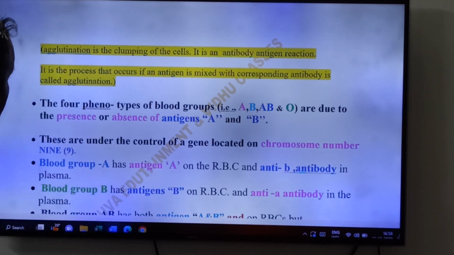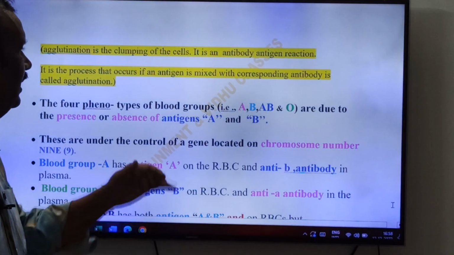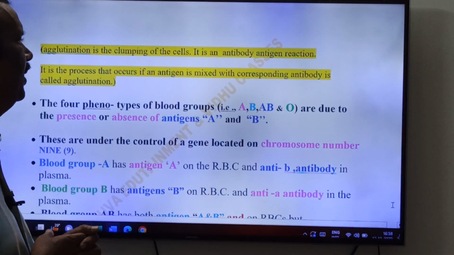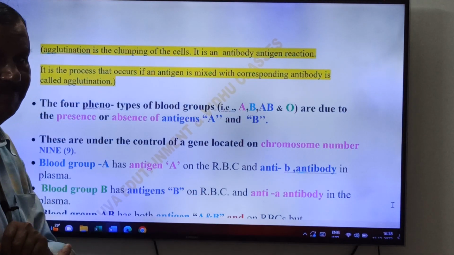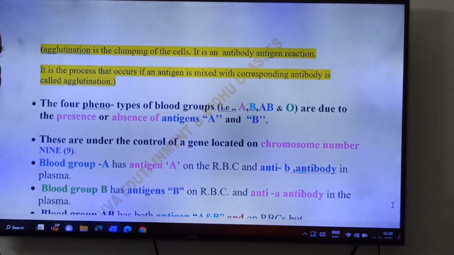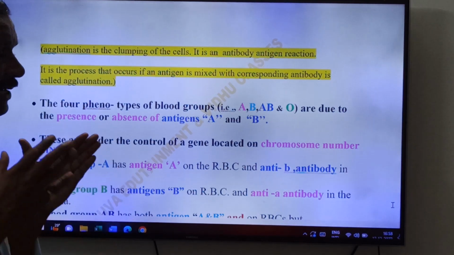Antigen and antibody reaction. It is a process that occurs if an antigen is mixed with the corresponding antibody, and it is called agglutination. See friends, in blood type testing, what we are doing is this process that occurs if an antigen is mixed with